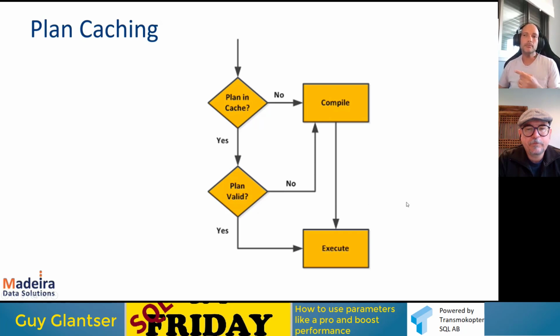What that means is, maybe something happened since the last time this plan was used. For example, you changed the schema. If someone added a column to the table or added an index or removed an index, this plan is not valid anymore because something changed. We need to recompile and generate a new plan based on the new situation. Okay, so that's one reason why a plan might become invalid. Of course, statistics change. That's a very common scenario.